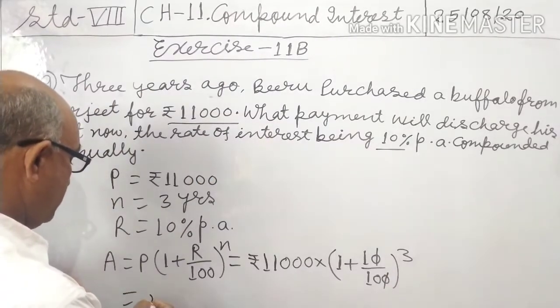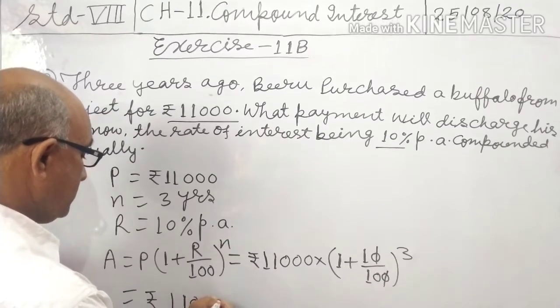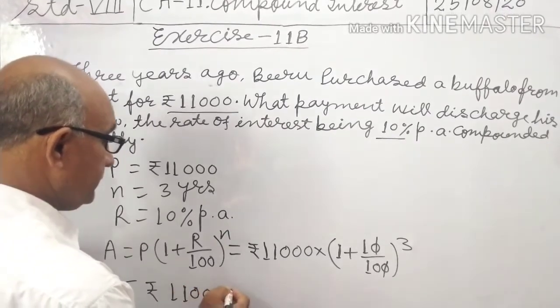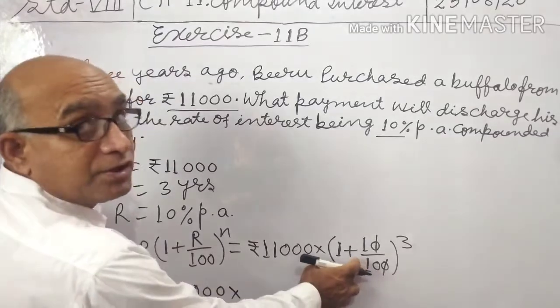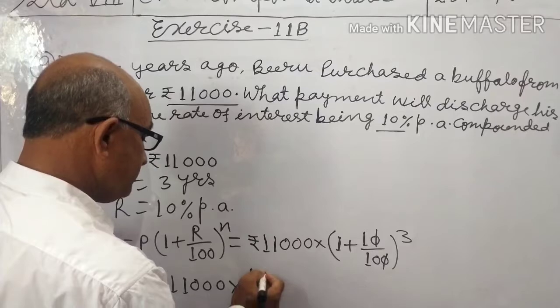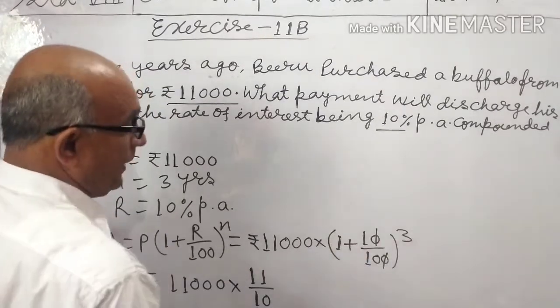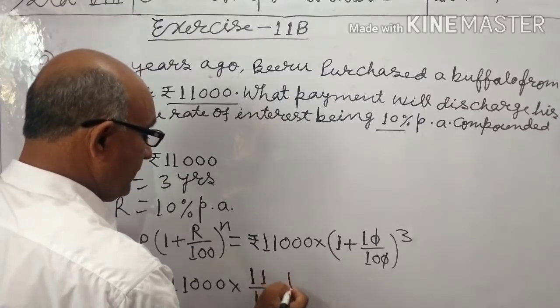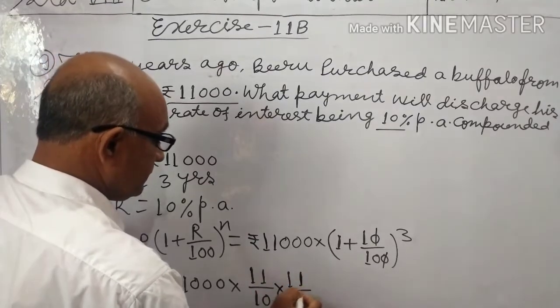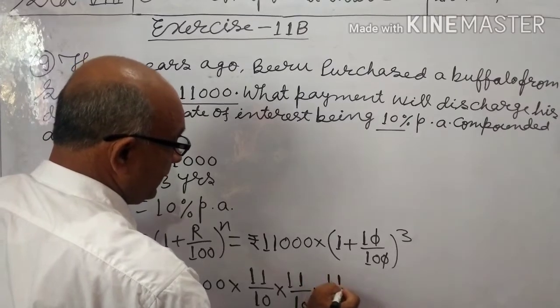Now equal to rupees 11,000 into LCM is 10, so 10 plus 1, 11. 11 by 10 to the power 3, so 11 by 10 into 11 by 10,